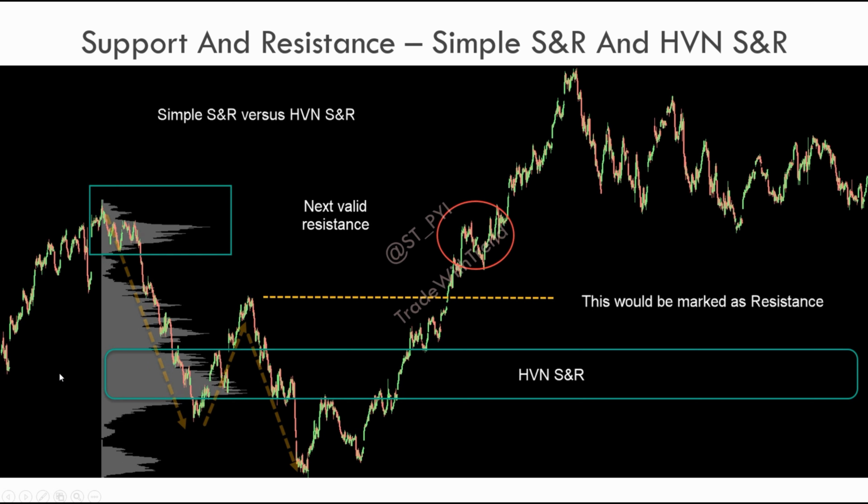This is the volume profile that I've drawn from this swing high to this swing low. Again, this is 8 to 10%. Our second step becomes to identify the most valid high volume node, which is this region. The second most important volume node is at this region. Price moves below this region, takes resistance a couple of times, and then moves up. This acts as a support, and price rallies. Again, what we have seen is that price rotation happens at the previous high volume node itself.